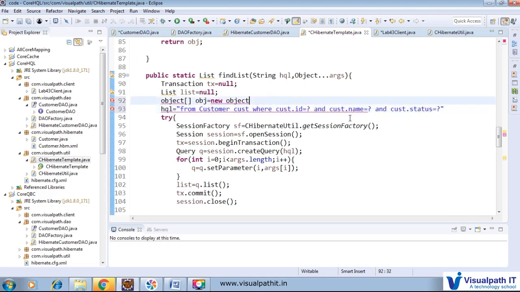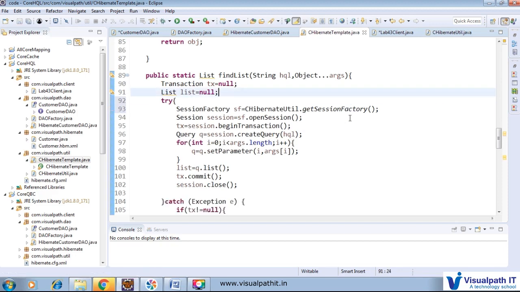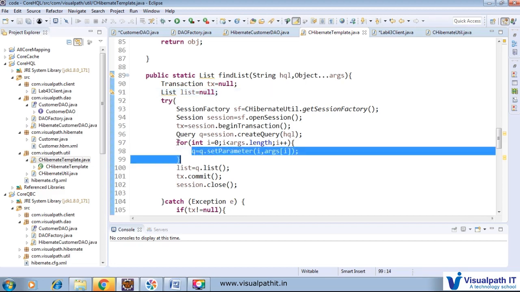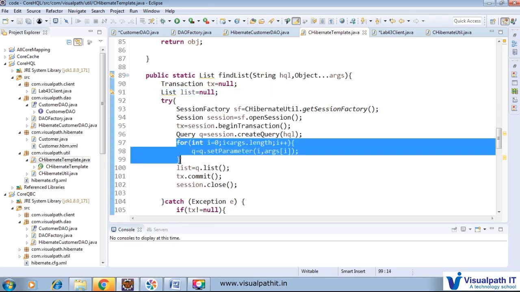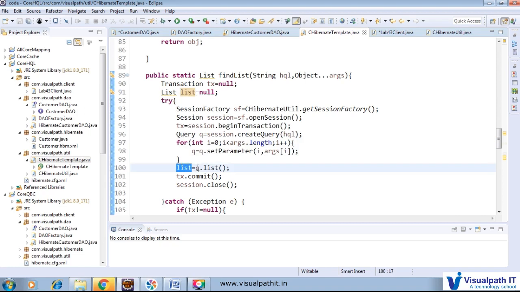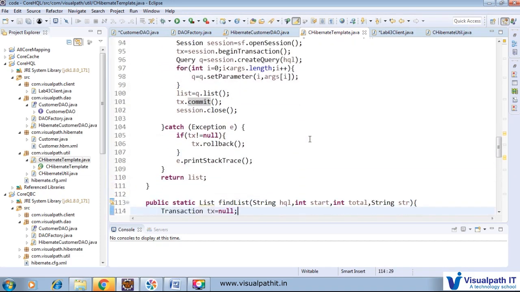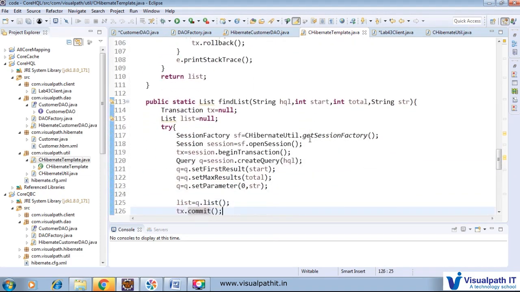In this method we can pass any number of arguments replacing the placeholders, and q dot set parameter is responsible for setting all of them in the query internally, automatically for however many placeholders there are. After that we call q dot list, and it will return the particular value. So one find list handles all kinds of things.